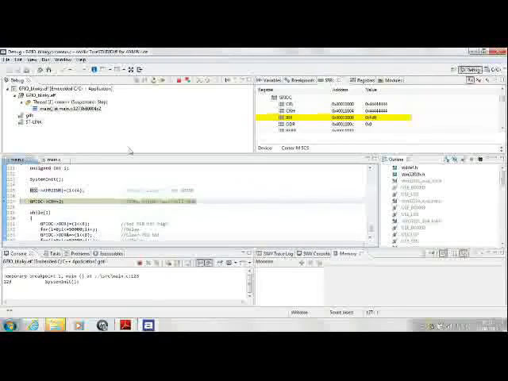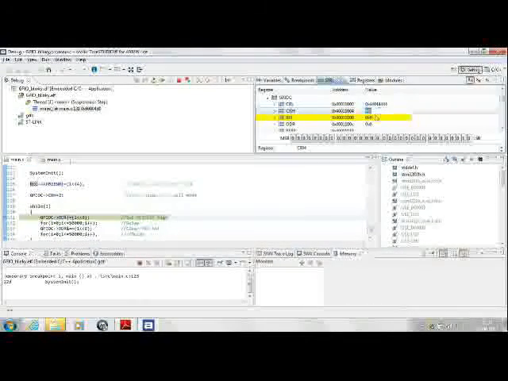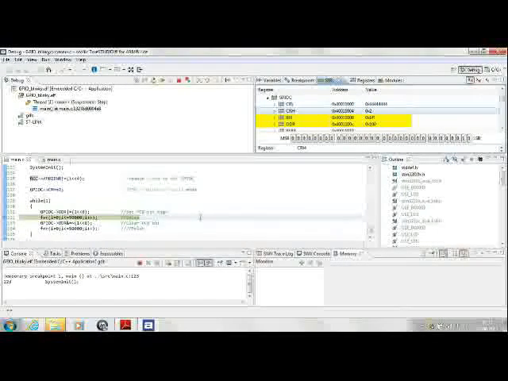A shortcut for this is function and F5 for step into. We saw that the value of CRH for port C became 2. Next, if you step in, you will see that on your kit the blue LED will be now lit. This is because the output register got set corresponding to that bit.